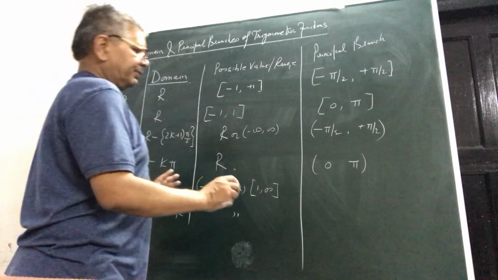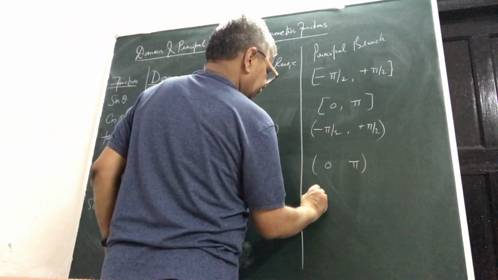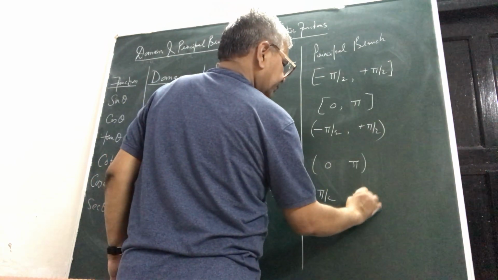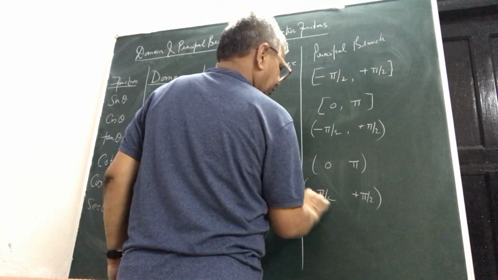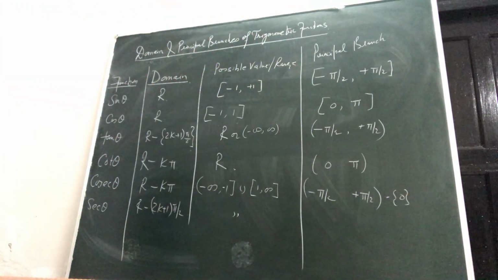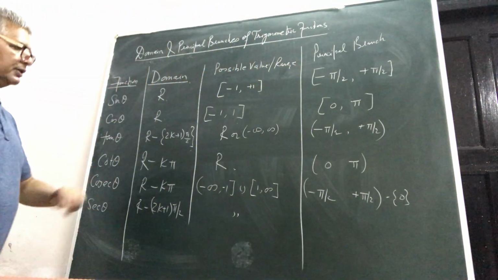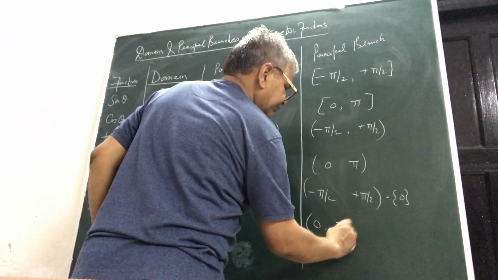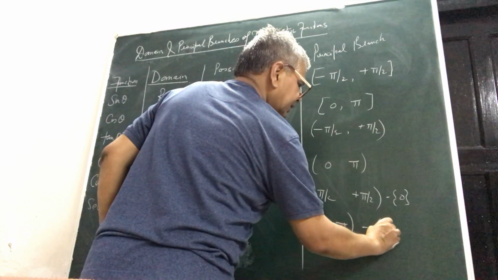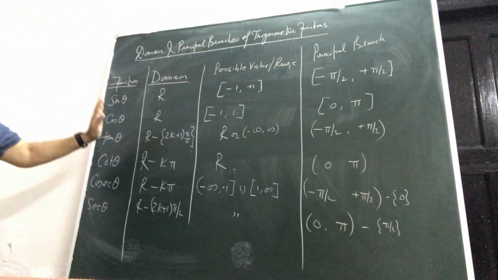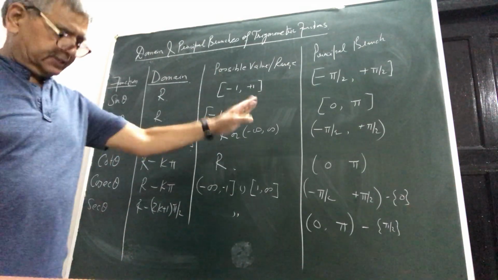And for cosec theta, what is the principal branch? It is minus pi by 2 to pi by 2, and from it you ignore 0. And for sec theta, it will be 0 to pi, and from there you ignore pi by 2. See, principal branches you will remember. And apart from this,